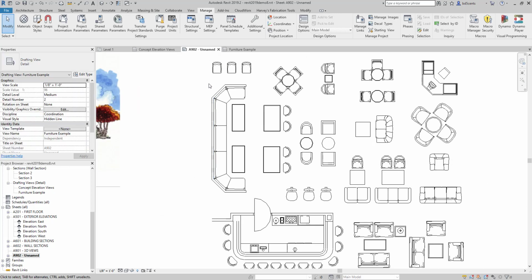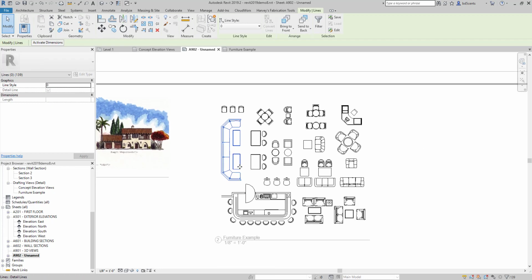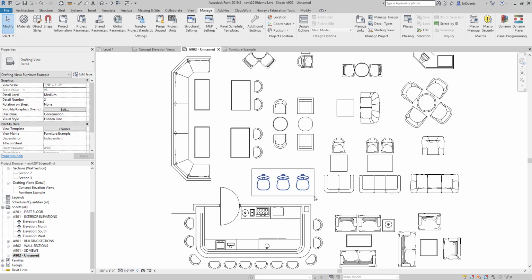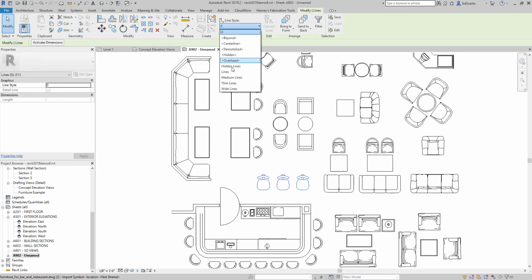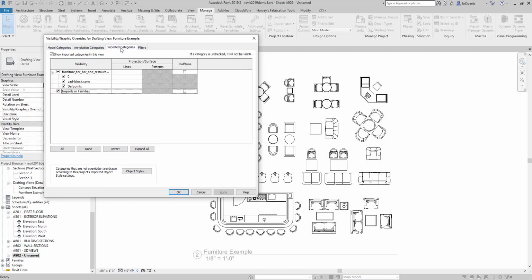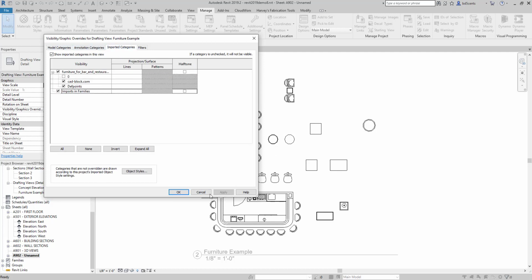But now that these are all Revit symbols, if I was paying attention to what values were on a specific layer, or if I had other layers that were in here, I could now take these values and change them to whatever Revit elements that I want. And so I just changed those to thin lines. So if I went into imported categories and turned off the 0 layer,